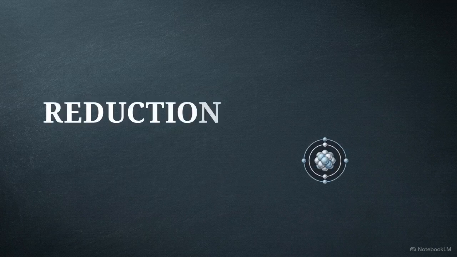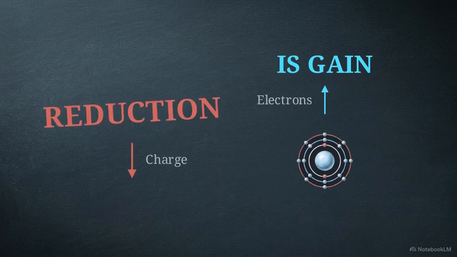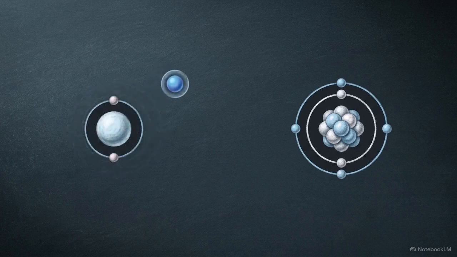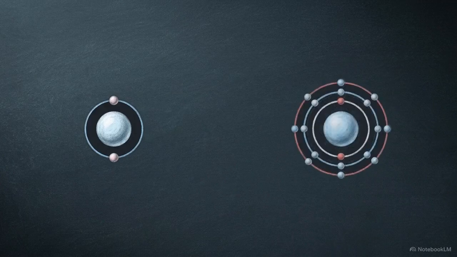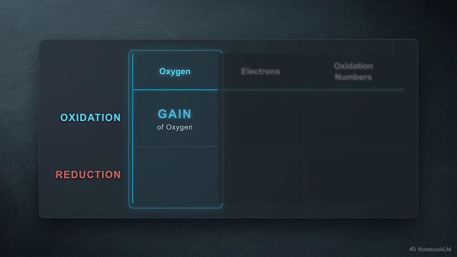In chemistry, one of the first major hurdles is learning that a process called reduction actually means gaining something. It feels backward, but oxidation and reduction never happen in isolation. If one atom loses something in a reaction, another atom must gain it. To map exactly what is being lost and gained, we look at these reactions through three distinct lenses: oxygen, electrons,